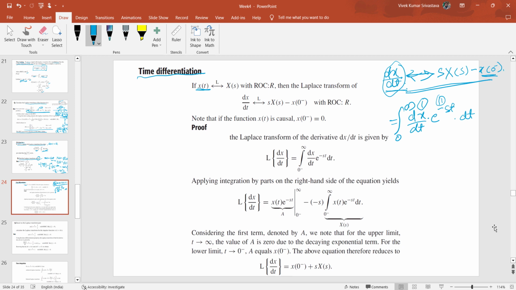Okay, so once you evaluate this integral, you will get e raised to the power minus st into the integral of d by dt of x. So this will be equal to x(t) minus the integral of e raised to the power minus st, d by dt of, okay, so basically this will be d by dt, so this is minus s e raised to the power minus st into,